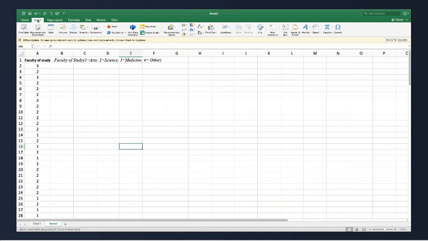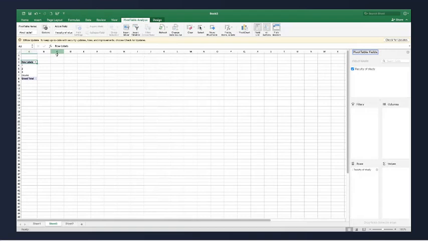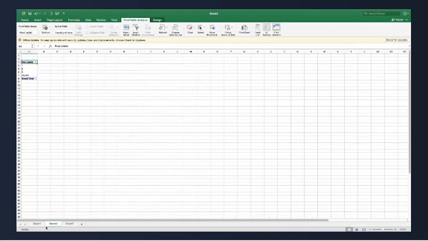So in many cases, you will get your data in data analysis, or you can get a pivot table, right? So I can ask for recommended pivot table also, right? So let me select here. I will say recommend pivot table. Let's see if it is coming. It is coming in the different sheet. So I don't want it in the different sheet. So I'll just go away from here.